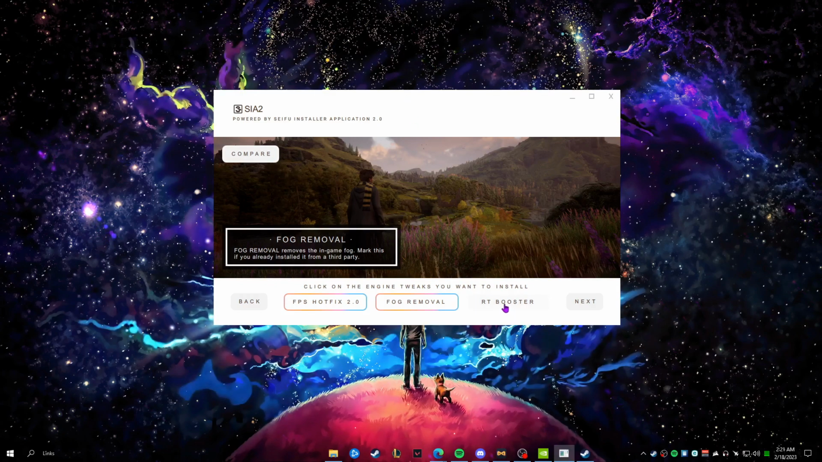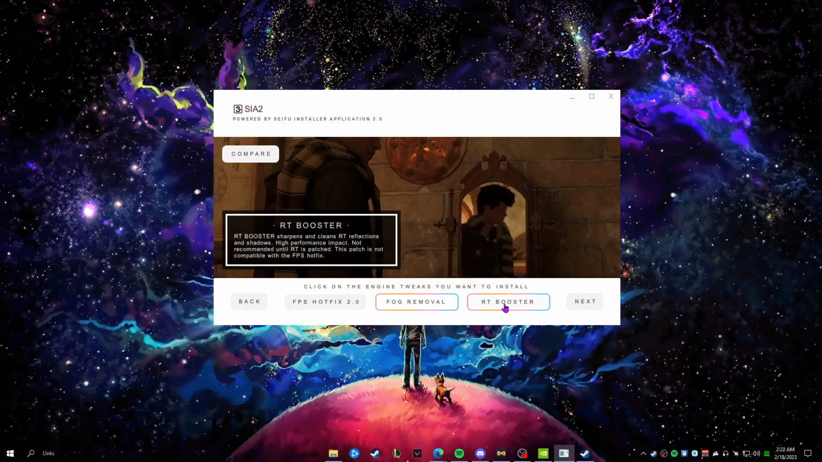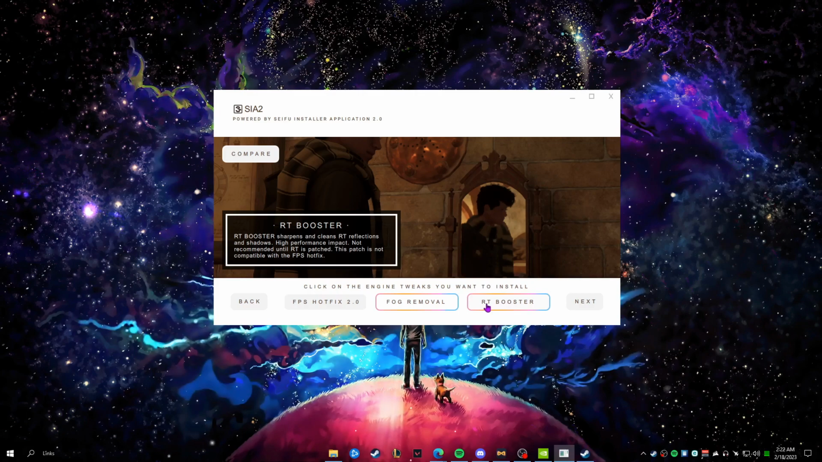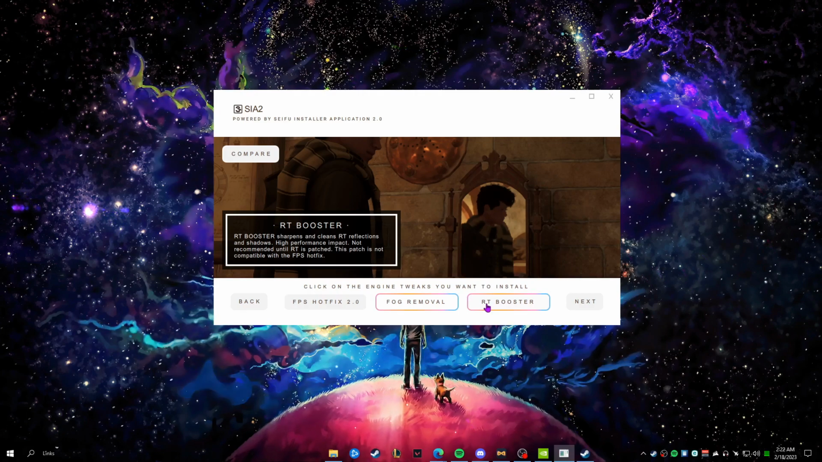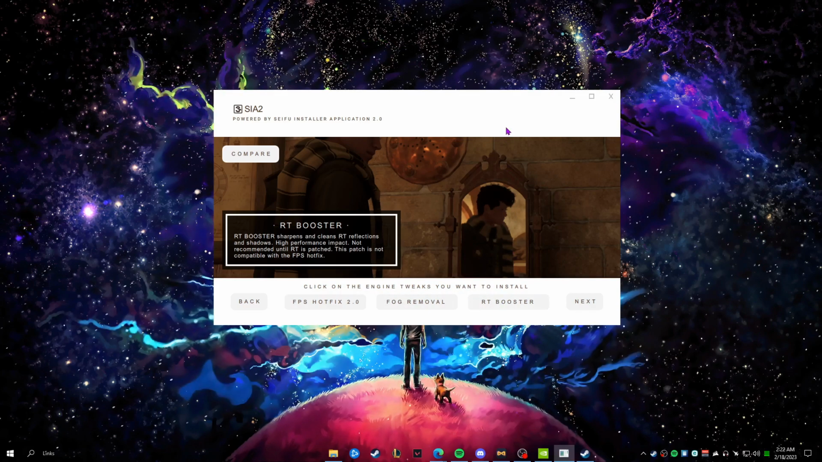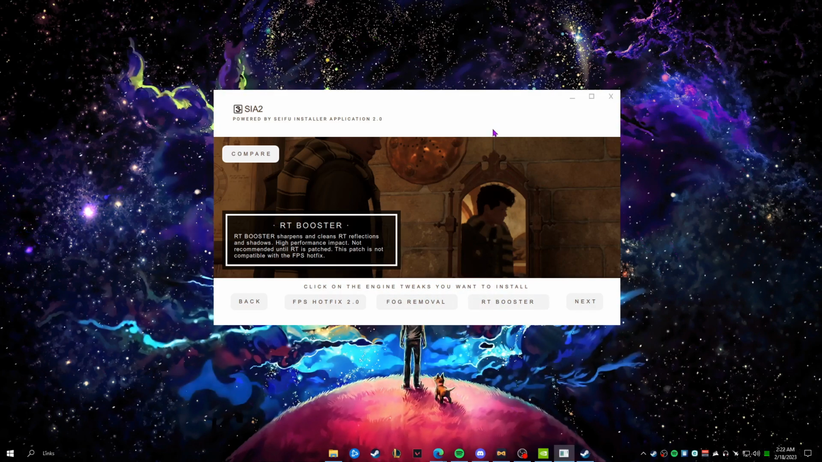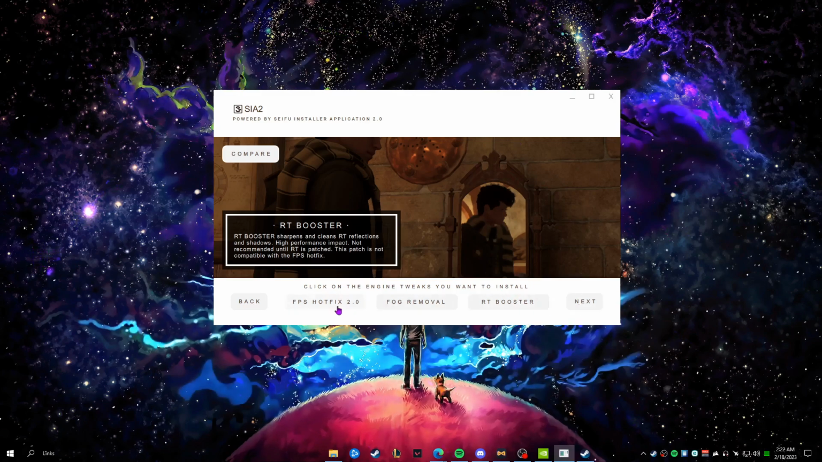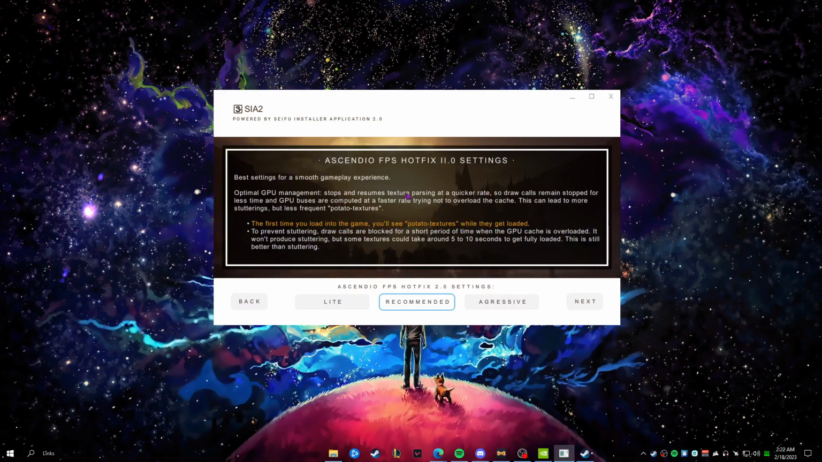There's also an option here for RT booster if you have a ray tracing card. I recommend not even using this, and if you do support ray tracing, take it off in this game, really, because ray tracing sucks in this game. It does. It's trash. So you just hit next, and then hit next, and then what you'll get is these